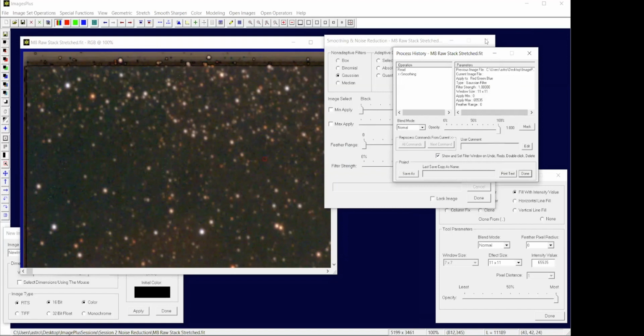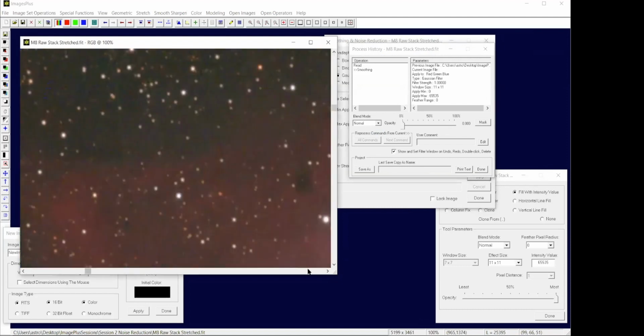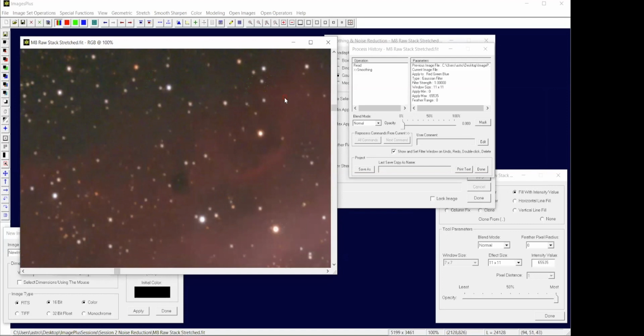There we are. So does everybody see what I'm trying to demonstrate there? That a blurring filter tends to help remove noise, but it also tends to blur out some of the fine detail in the image. If we take a look at the nebula as an example, everyone see this detail in the nebula, this little sort of crescent shape here? If we apply the blurring filter to it,